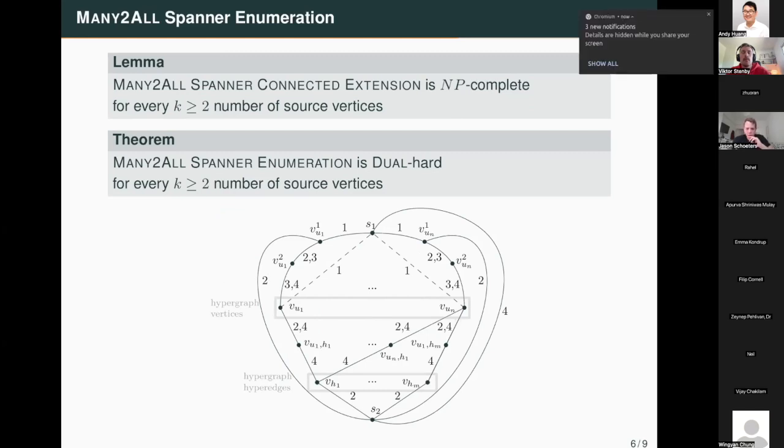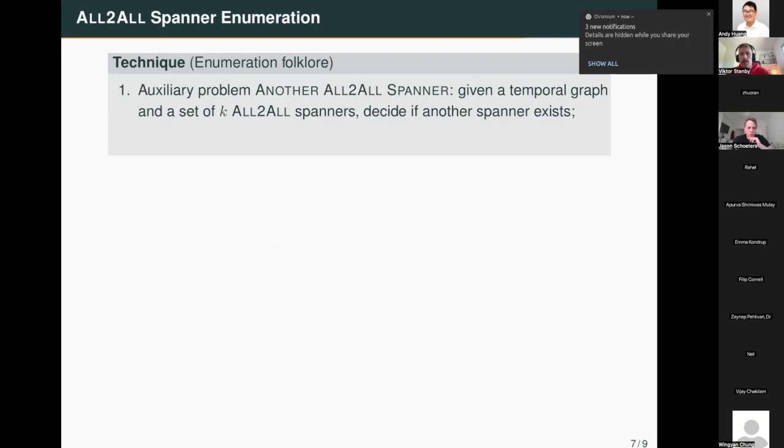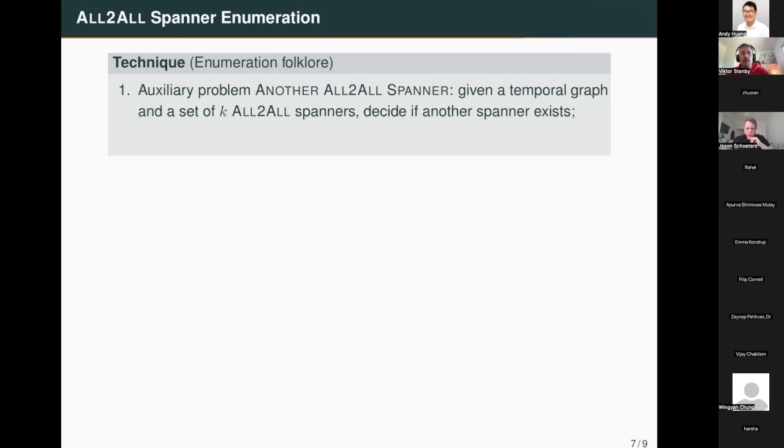And finally, this is the last case, the all-to-all connectivity. If we want to enumerate spanners such that everyone remains connected, then we directly thought that this was going to be hard. I don't know why. So this is mainly my colleague from Japan who just has this intuition. And so we set out to prove this. And there's this enumeration sort of reasoning, which at first is very strange because it's an unusual way to prove something. But yeah, let's see.